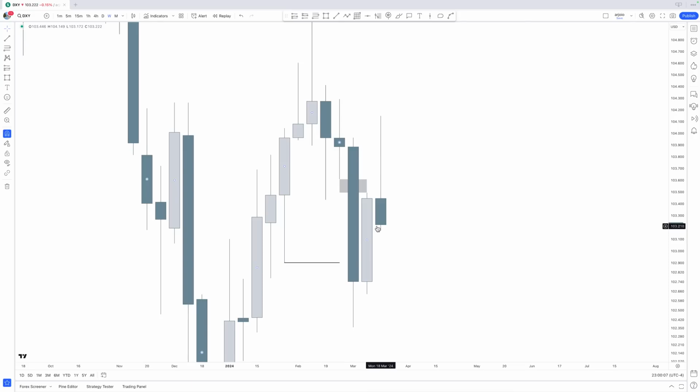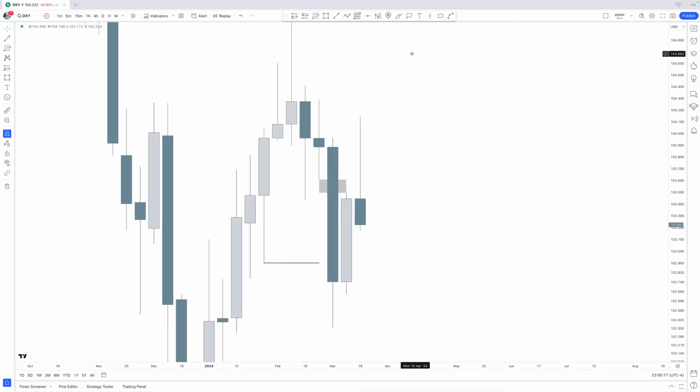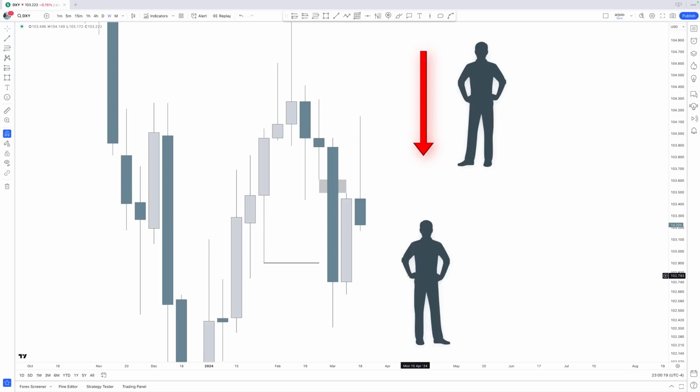So the way I want you to see this, I want you to imagine right now on your screen a pushing battle. We have a bearish person and a bullish person right there, and they're both trying to push price lower and higher. Now, when they both push very strong, that might lead to price not going anywhere, right? Because if they both push hard enough, price is just going to stay in the same place. But if one pushes harder than the other one, so the bearish person pushes a little bit harder than the other one, that in the first place is going to create potentially a fair value gap because there's bearish intention,